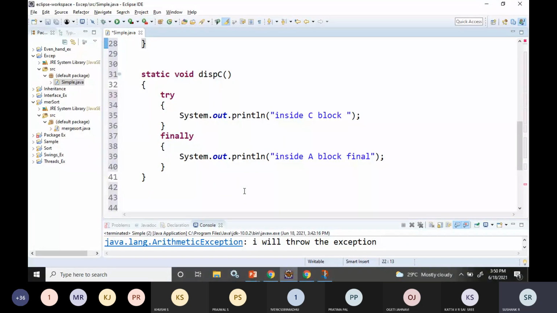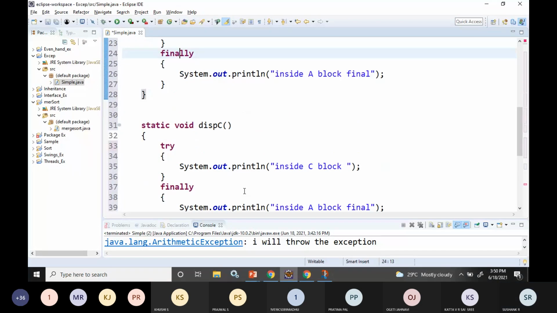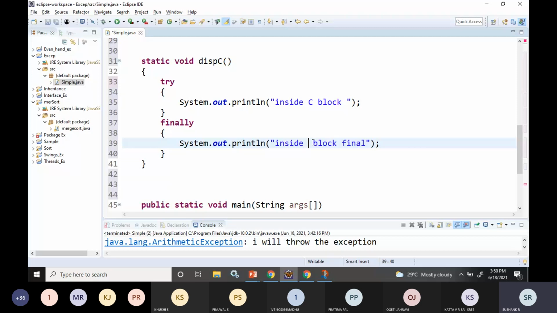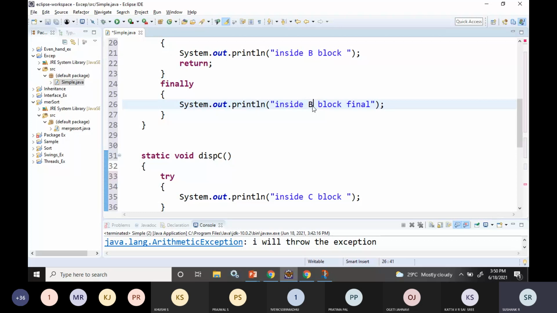So after this, I know display A, display B, display C. This is the C block, and this is the B block. Messages, that's all.